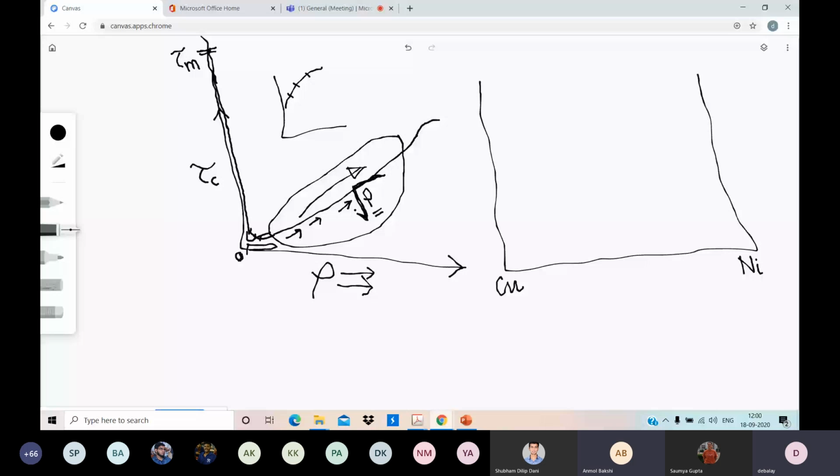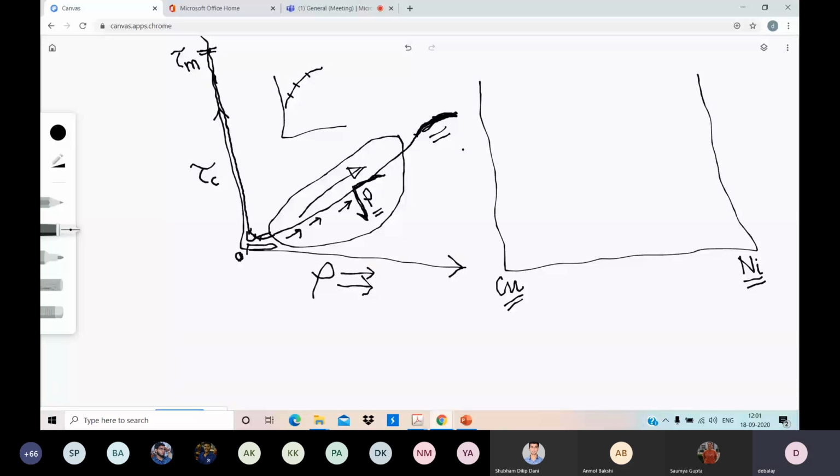So after a certain time, it may decrease. Then you can say dynamic recovery, as I said in the last class. You will learn in which case dynamic recovery is more prominent and in which case it is not. It can die down like this, because now cross slip has started. But the curve will not come down.